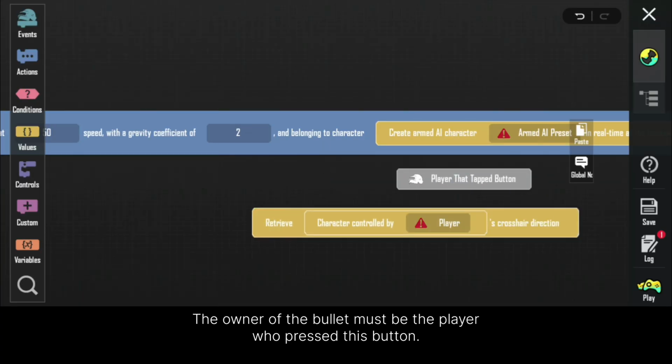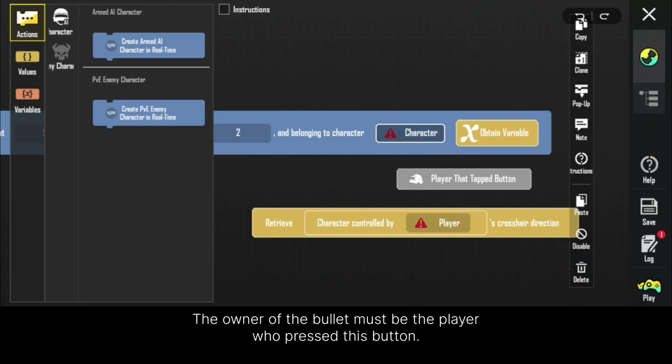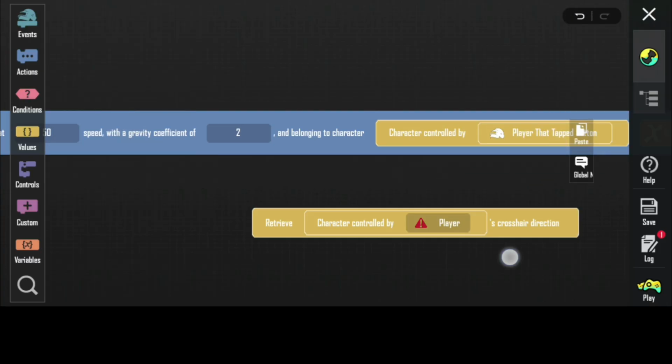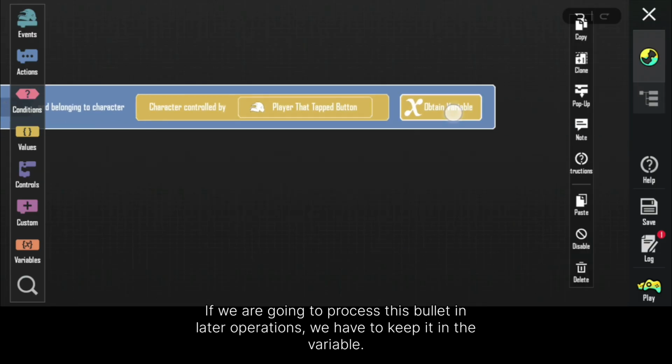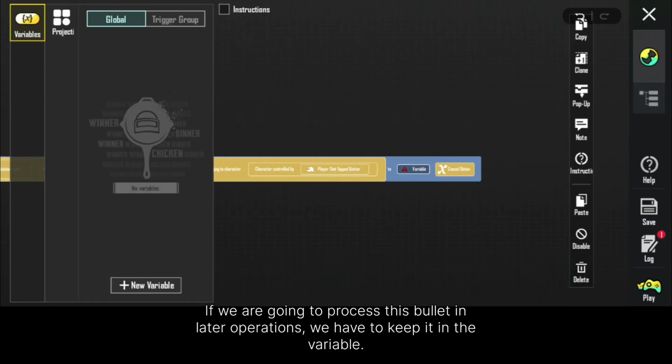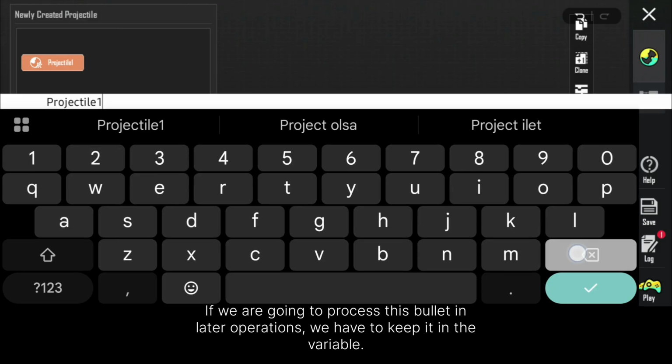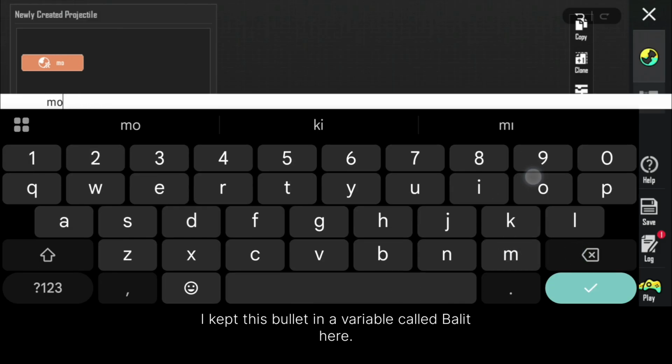The owner of the bullet must be the player who presses this button. If we are going to process this bullet in later operations, we have to keep it in variables, like bullet maybe.